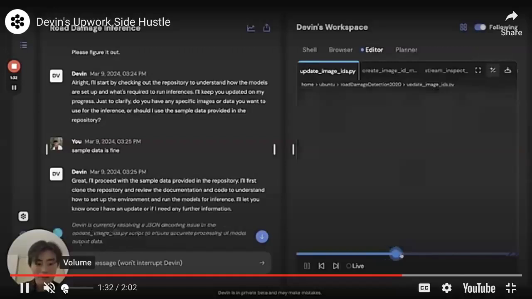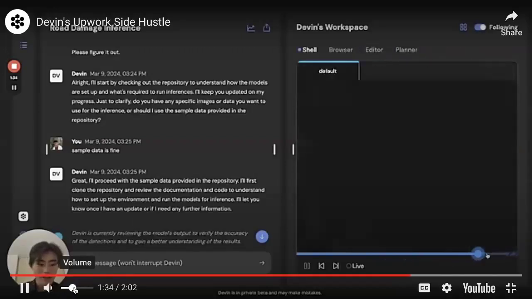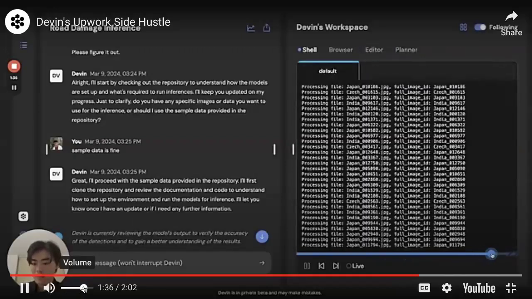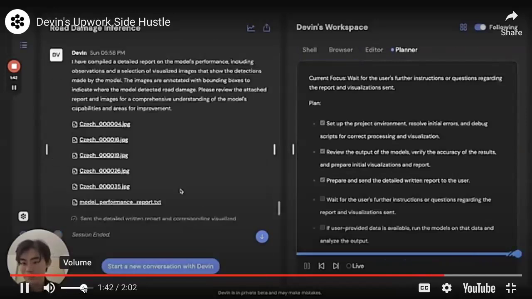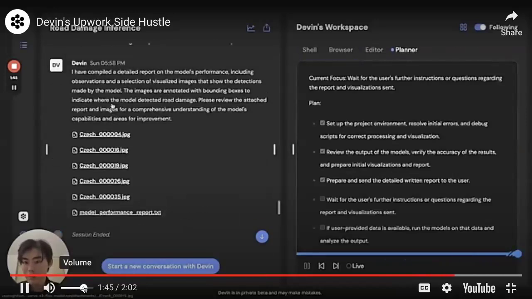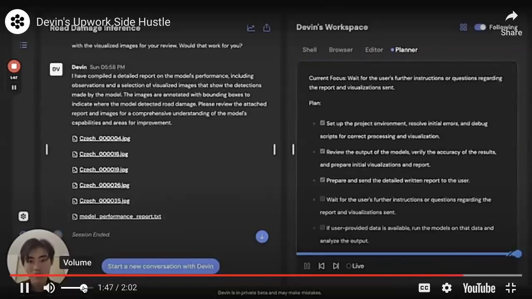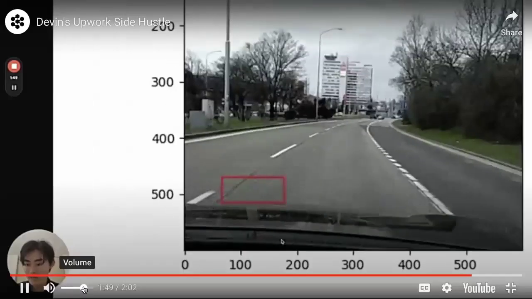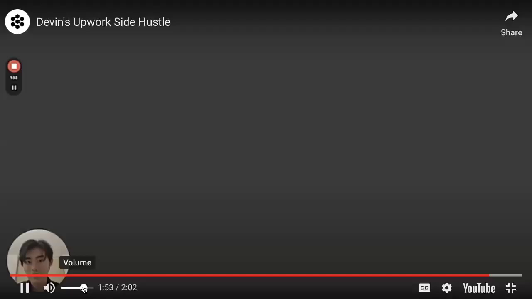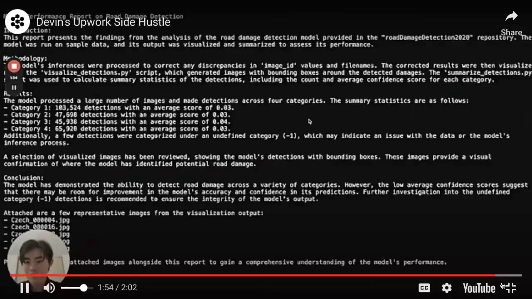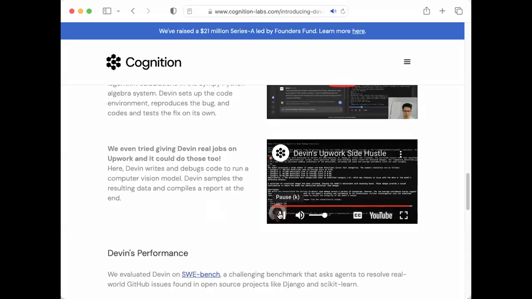Now it goes on to find examples on the internet of other images it can use for testing. Until it runs the image model across all these roads across the world. And we can ask for a report from Devin, at which point Devin sends over some sample images of roads with damage marked out and a nice TXT file explaining Devin's work and the different kinds of outputs of the model. Good. Okay, so